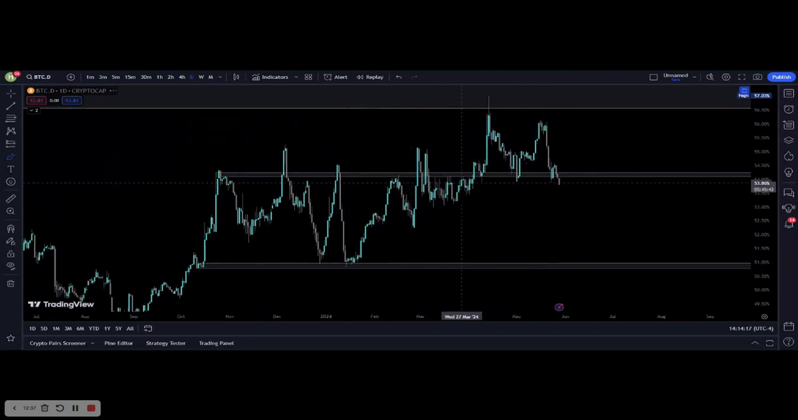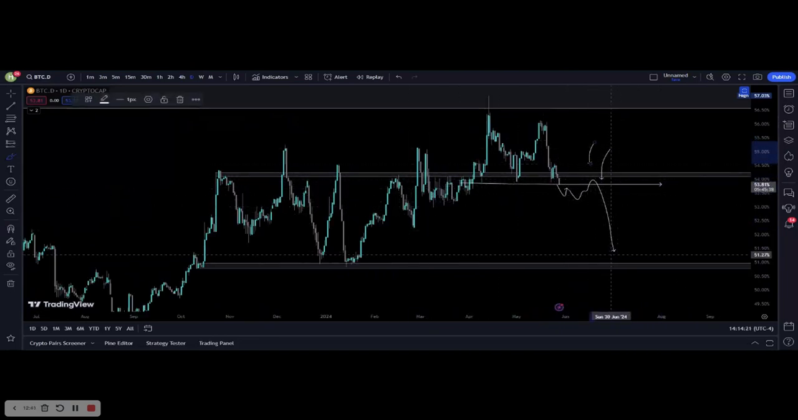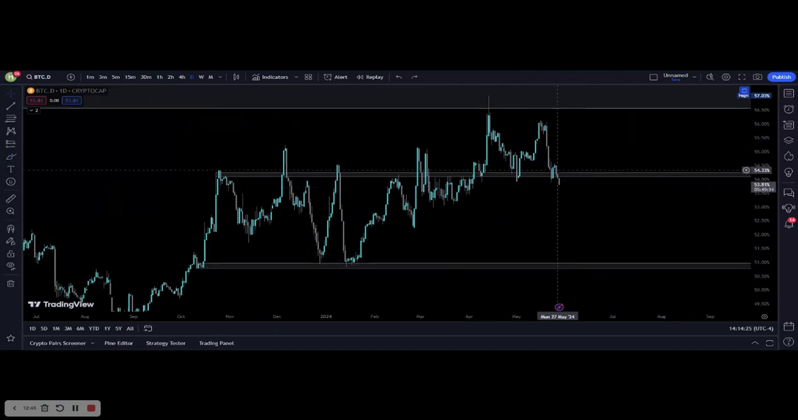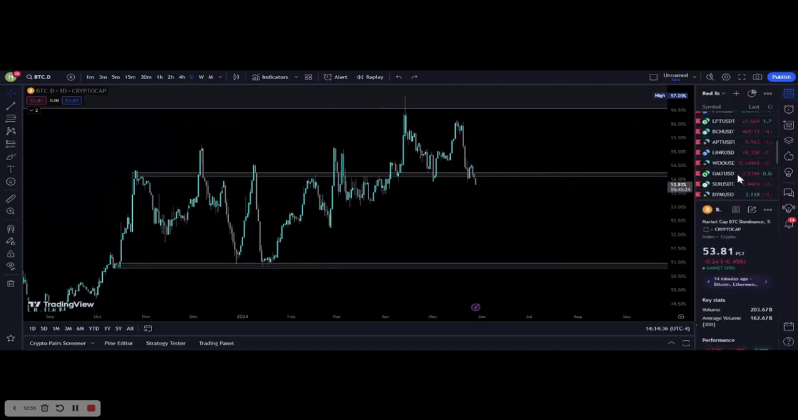Let's go on daily. Did we? Yup, we gotta break this level, retest, and we will flush down. So that is pretty much for BTC dominance. Okay, after BTC, please check ING, SOL. Let's go over